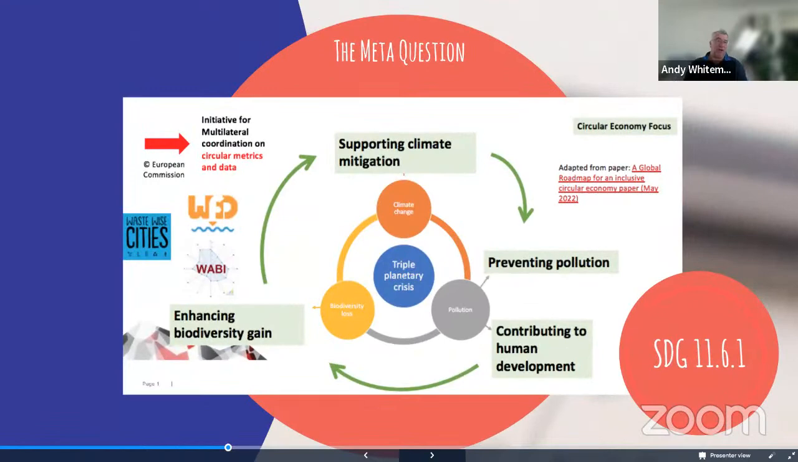And the meta question is really, data really allows us to understand where we are in relation to the triple planetary crisis topics of supporting climate mitigation, preventing pollution, and combined with that contributing to human development, because solid waste management is essentially more of a social science really than a science. There's a tremendous amount of activity, employment, social justice, social injustice in the waste and resources management sector, but also biodiversity